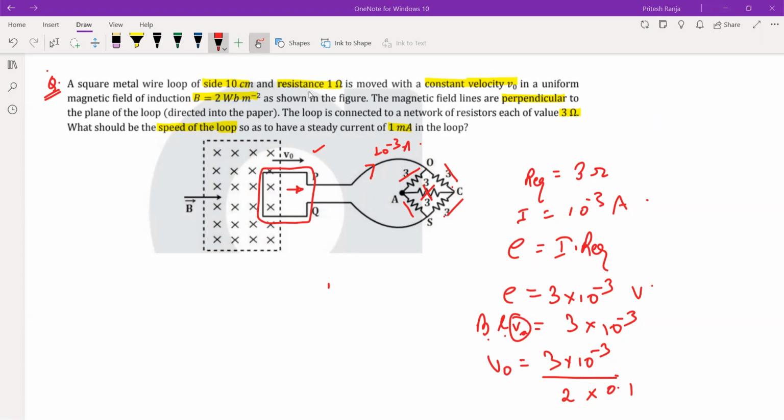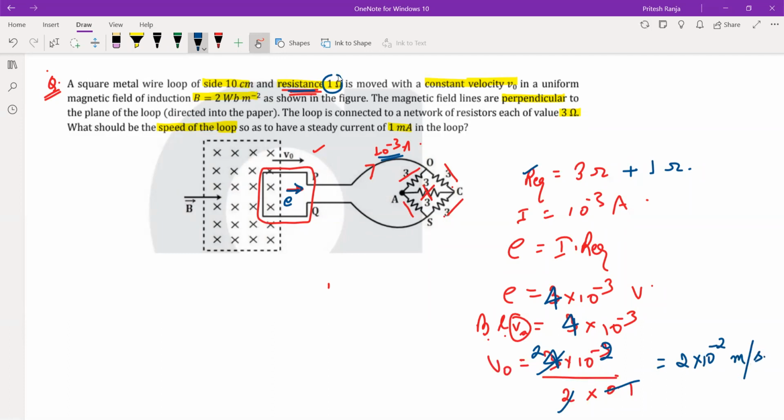We also have this resistance. We should include this resistance also. ये हमने include नहीं किया. So this 1 ohm is in series with this R equivalent. हमने बस ये R equivalent निकाला. But this EMF which will be induced, that EMF will be equal to I into net resistance. So net resistance क्या होगा? I should include 1 ohm. So I will just change this as 4, and here 4, and here 4, and this becomes minus 2, this becomes 2. So this becomes 2 into 10 to power minus 2 meter per second.